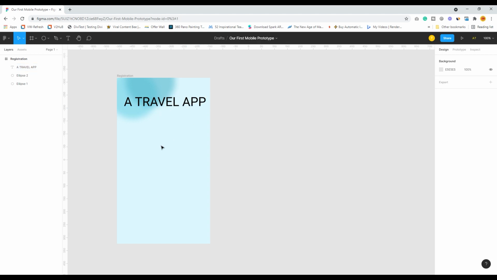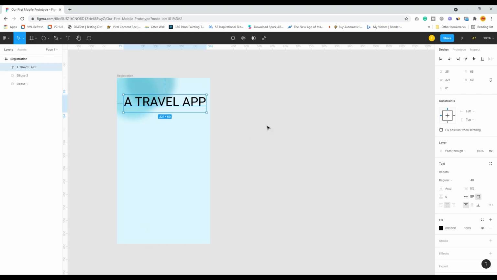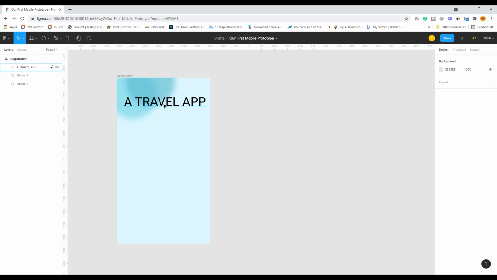Also we can import a lot of images over here, and for that I have a fantastic place to take a lot of image. It's from the site which is called StorySet.